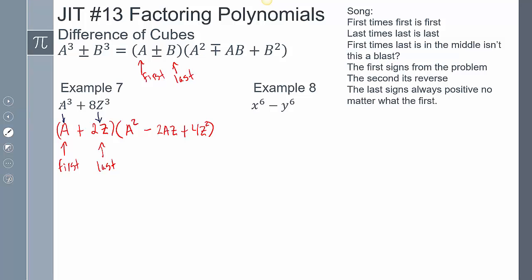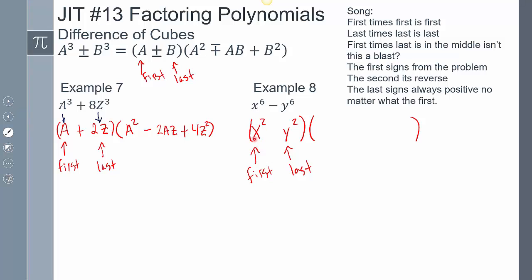Let's try another one. So for this one here, take the cube root, so the cube root, it's like we're dividing that exponent by 3, you get squared, and then that's how we get our y squared. And so once again, this is first and this is last, and so going through the song, we're going to say: